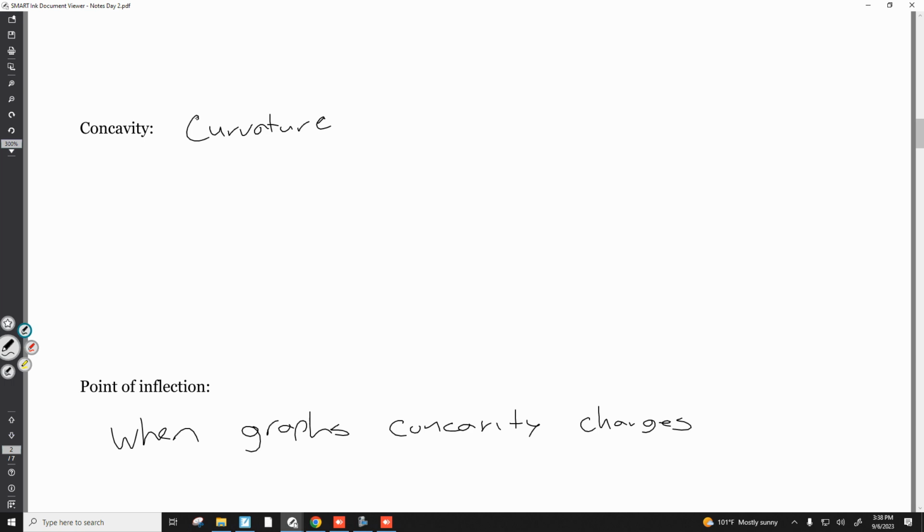Okay? Think of a parabola opening upward. That's what you're going to think is concave up. I'm going to use CC up from now on, so I don't have to write concave up all the time. A parabola opens down. It's concave down. Now, what's important is you don't have to have the entire parabola to say it's concave down. If I drew something like